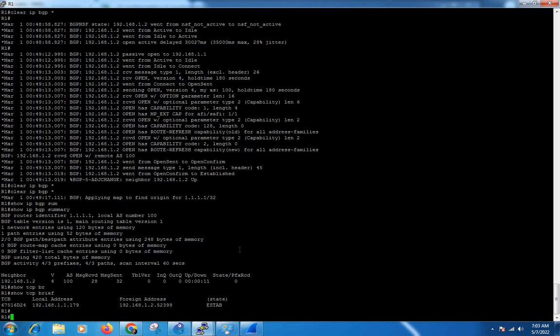So there is nothing configured yet. First we will see the packet types, the message types. We'll use Wireshark for that, to capture the packets. I'll configure, I have given